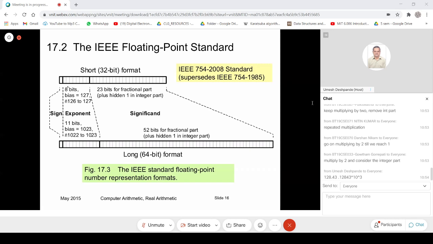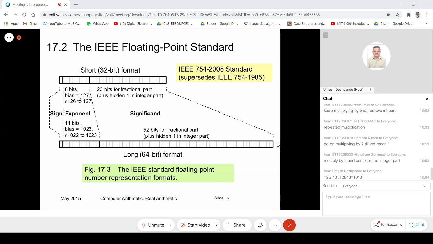So that's the range with which I can represent exponents using 8 bits. To that number I always add this bias value.